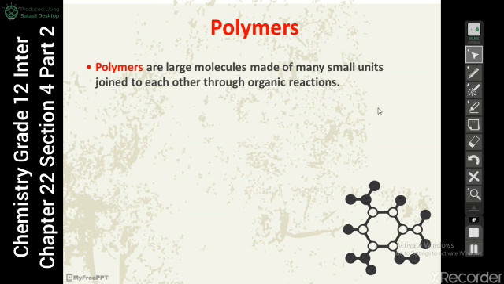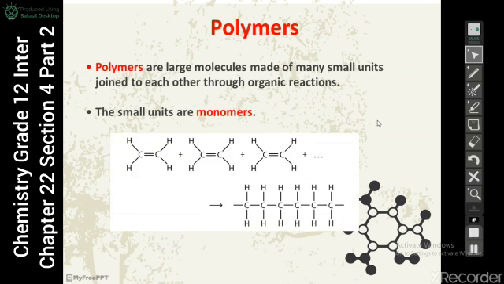So many small units are joined together through organic reactions. This gives us a large molecule, which is called a polymer. The small units are called monomers. So, small units, monomers, are joined together through organic reactions to give large molecules, which are called polymers. Like this, if we have small units